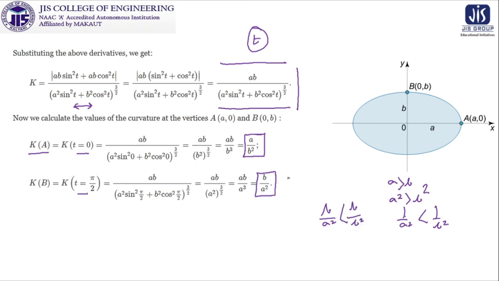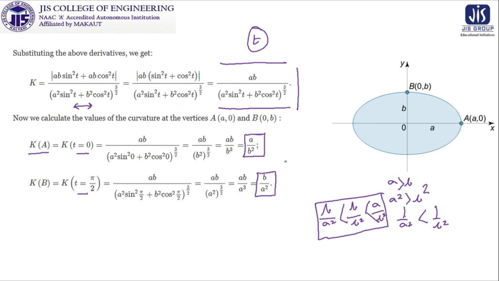But a is greater than b. So if you put a here, as it is greater, it will be even greater. So you can write a is this one, this relationship also you can write, because a is greater than b, so you can write it.